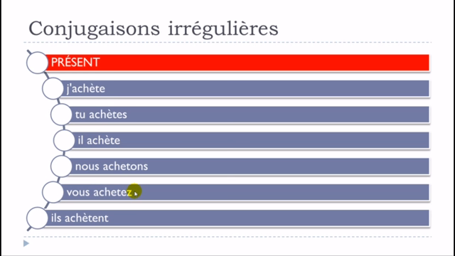Okay, for nous and vous, actually you don't change, and you just respect the rule that we saw concerning the construction of the present tense for the first group of verbs, so ending with ER. Okay, but then remember that you've got to put it, and then you will have to pronounce it, so it goes like j'achète, tu achètes, il achète, and then here ils achètent. Okay, after that, nous achetons, vous achetez. Remember this here is silent or mute.